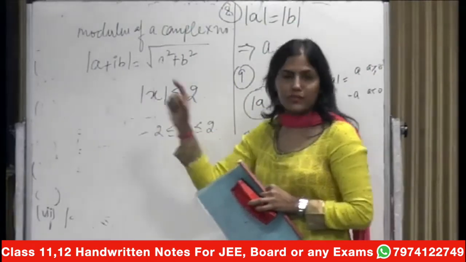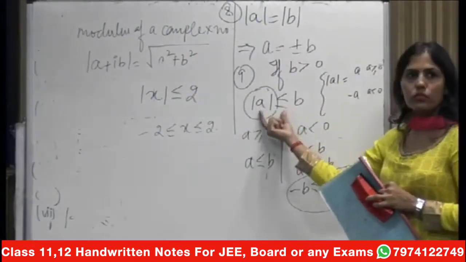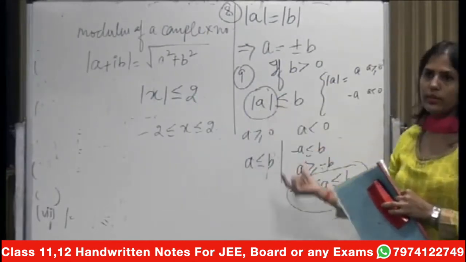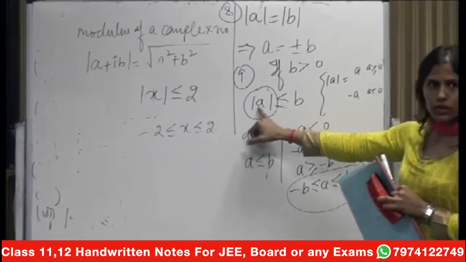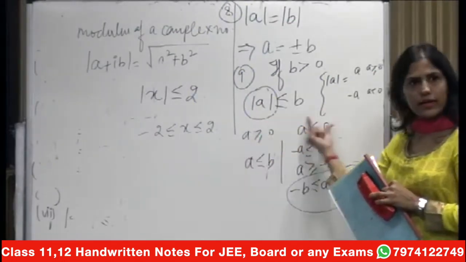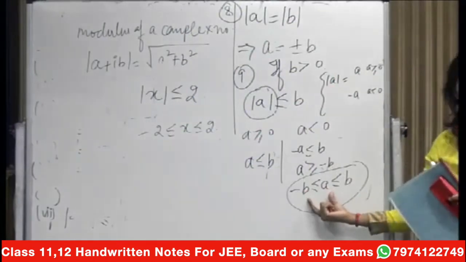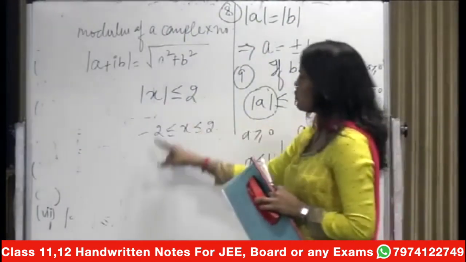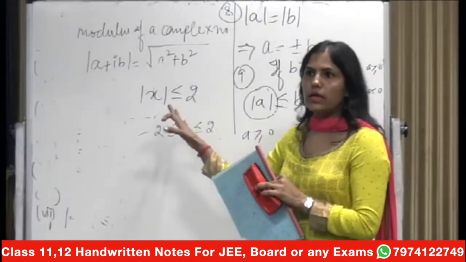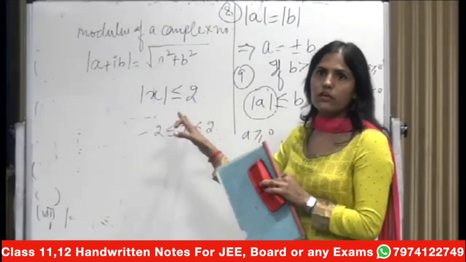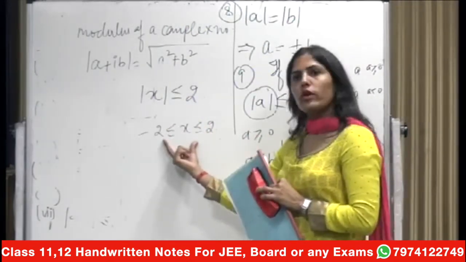So I am just telling you all these properties you have learned. Now for such inequalities, if you want the solution, you should know the method. For this, I applied the definition only. First case I considered, second case I considered, I combined both cases, and I got this solution. You can put any other value, x will not satisfy. 3, 4, 5, but between these two values you will get the answer.